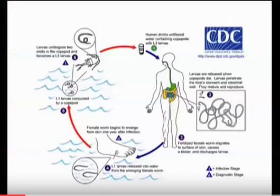worms. The adult worms live in the subcutaneous connective tissues of their victims, from where the females emerge to release thousands of larvae into the water, where they're taken up by intermediate hosts, which are tiny aquatic crustaceans called cyclops. In these hosts they mature into infectious larvae that infect humans when the crustaceans are accidentally swallowed in contaminated drinking